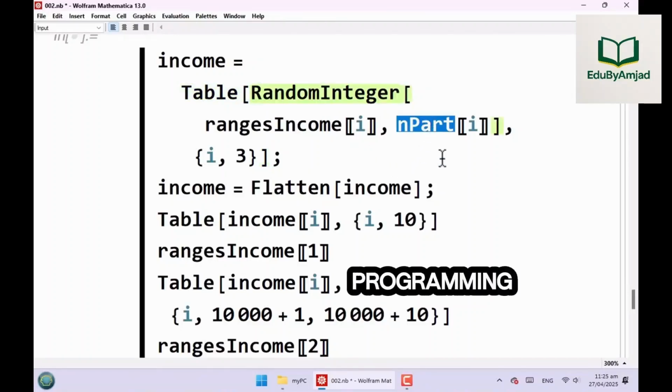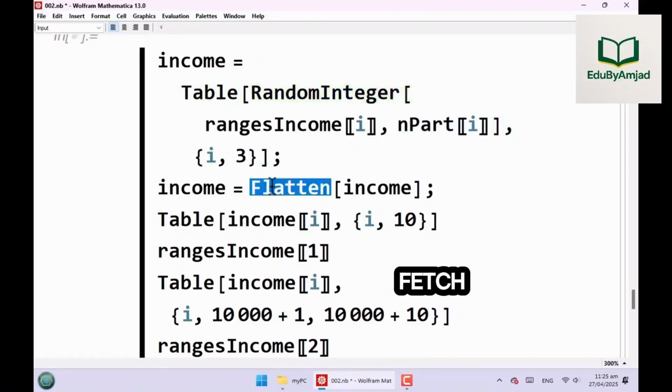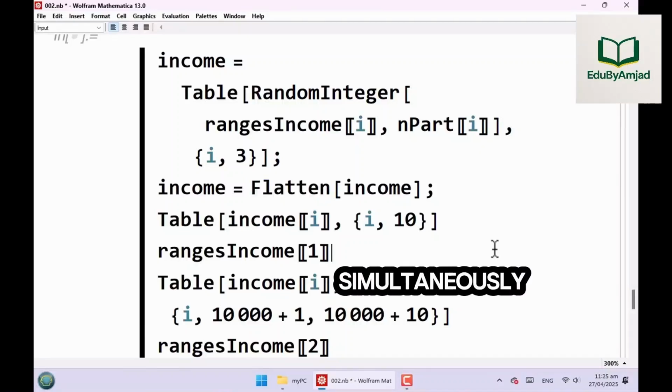Here, in this piece of programming code, we're telling Mathematica to fetch 10 observations each from all 3 groups simultaneously, and also show limits of income.